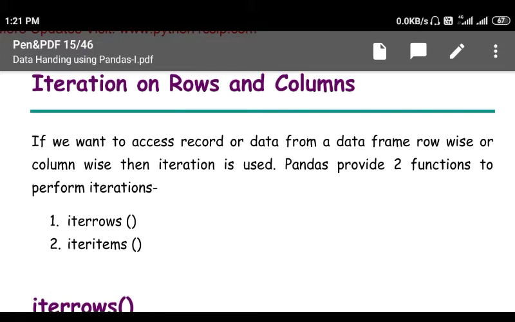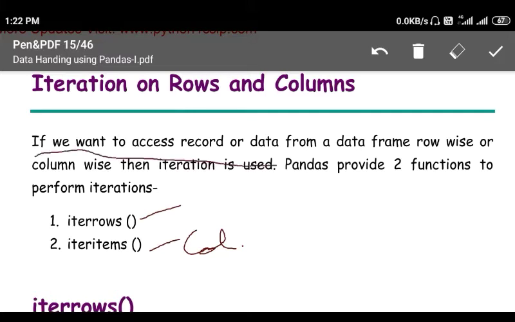Now, the next topic is iteration on rows and columns. How we can access the values of the data frame. So, there are two functions called iterrows and iteritems. This is for basically columns. So, if we want to access the record or data from a data frame, row wise or column wise, then